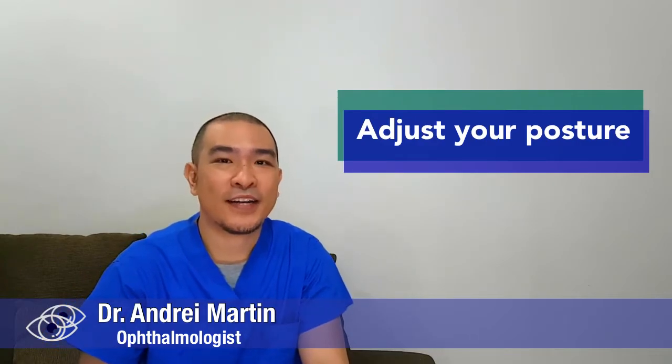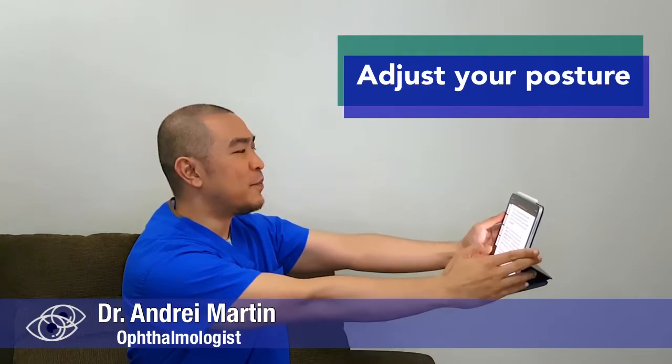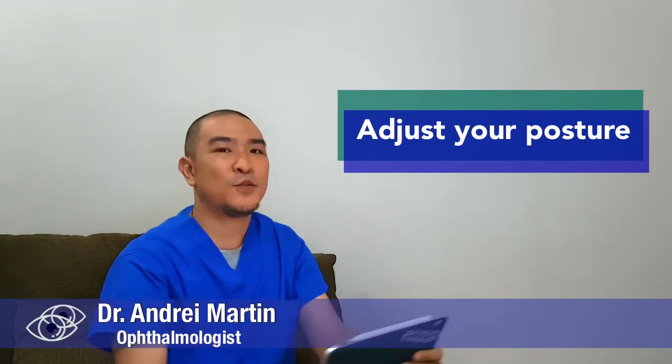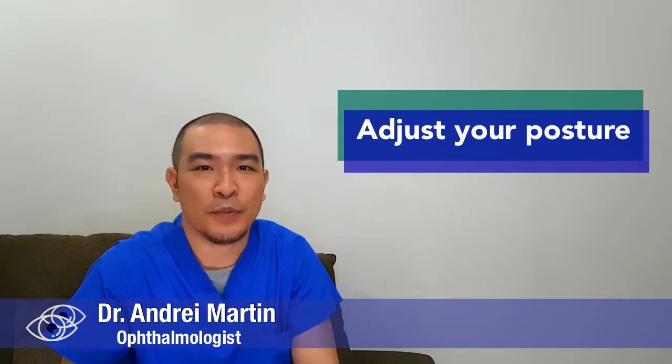Number 7, adjust your posture. When in our online classes and in our online meetings, make sure that the screen is about an arm's length away. And also make sure that the screen is positioned a bit below eye level. This way, our eyes and our neck will be relaxed all throughout the class or meeting. Number 8,